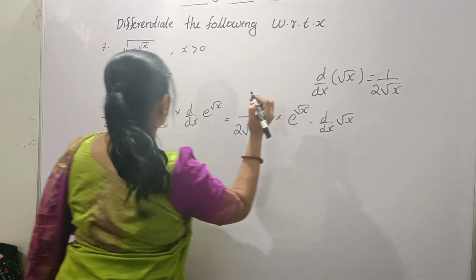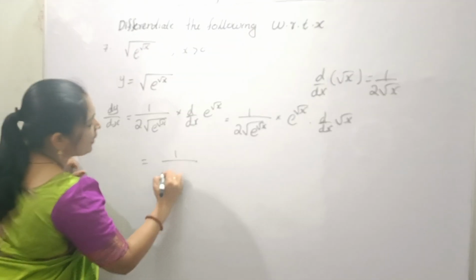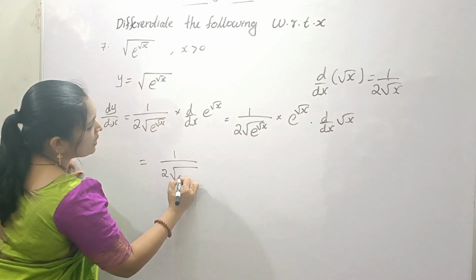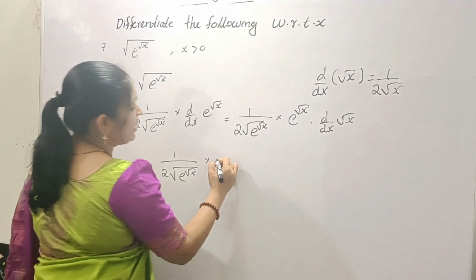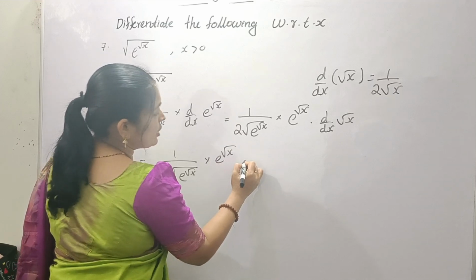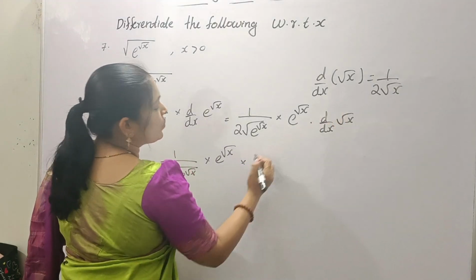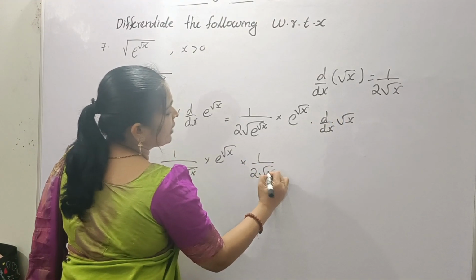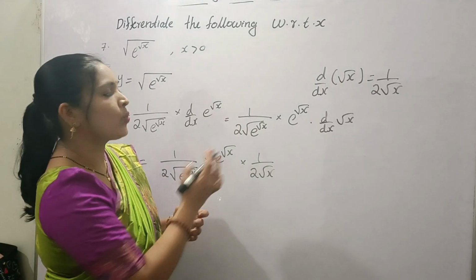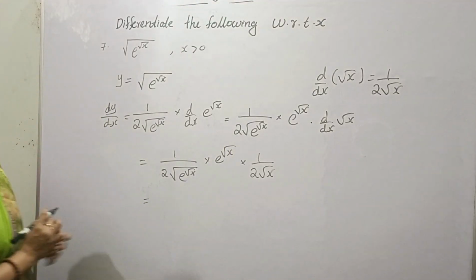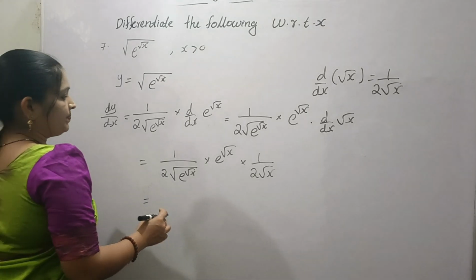Then that is equal to 1 by 2 root e raised to root x into e raised to root x into d by dx of root x is 1 by 2 root x. That is equal to, see here,